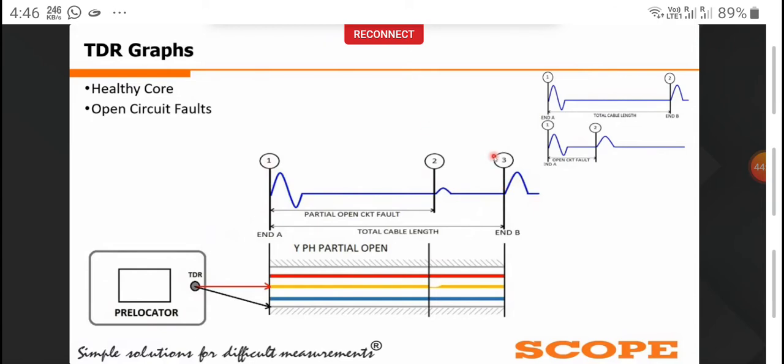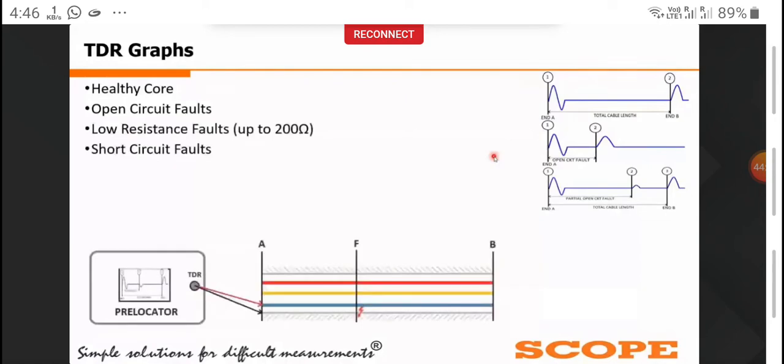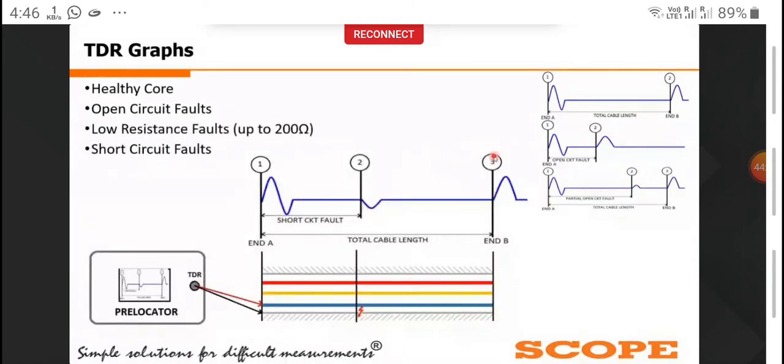Okay. So the next type of fault is the low resistance fault or short circuit fault. In a low resistance fault, by using the TDR method, we can detect faults up to 200 ohm. Some manufacturers give low resistance detection by using a TDR meter up to 100 ohms. In this type of short circuit or low resistance fault, the characteristic impedance of the fault point is lesser than the characteristic impedance of the cable. So that's why we will get a downward reflection at the fault point, and after that a positive reflection at the end.